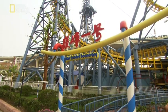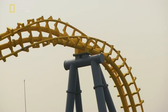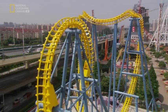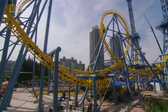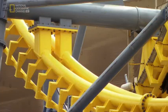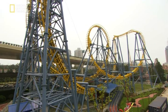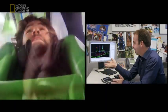When Shanghai's giant inverted Boomerang opens, it'll be a ride to flip over. A dizzying machine built by steady hands, with eyeball accuracy and fingertip precision. I always try to come up with something which is still fun, which is not going over the limit, because you want people to ride it over and over again. It's no use for a roller coaster designer to make a ride where people go in once and then after